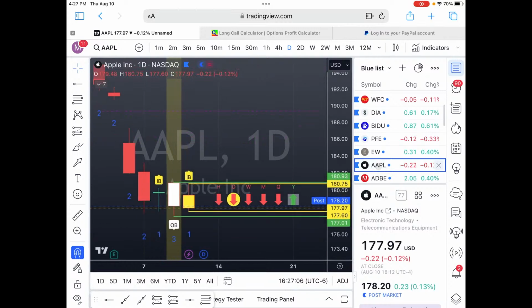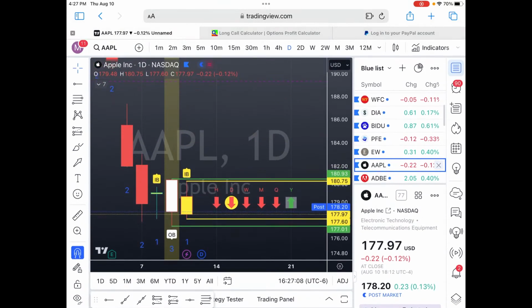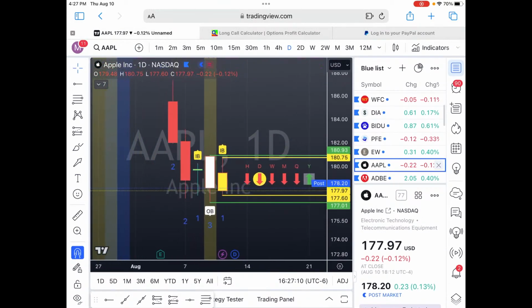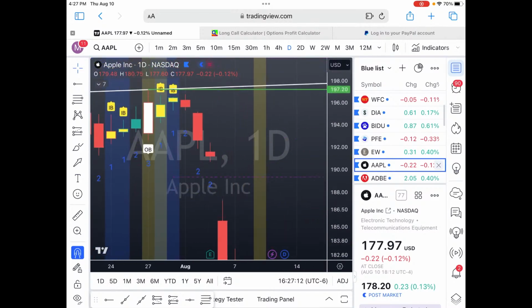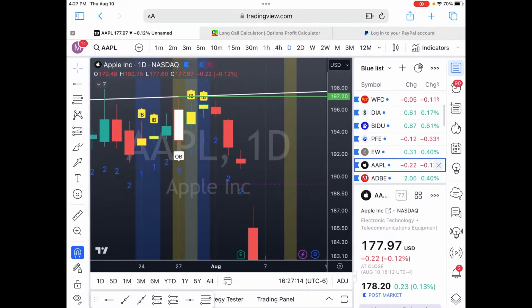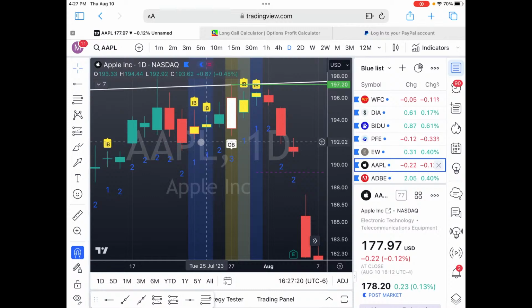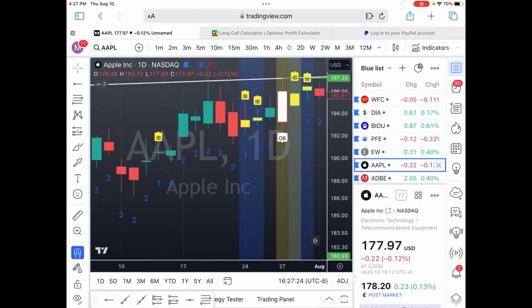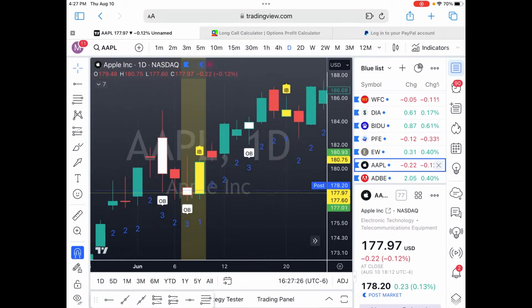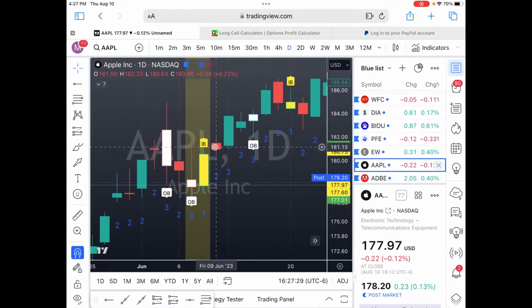We'll move on to Apple. So Apple has a 3-1 setup, outside bar, inside bar. You notice again, it's painted yellow because they don't happen very often. They're very rare. Here's another double inside bar that worked out really well over a 4-day span. Another inside bar, double inside bar that worked out really well. But we're going to look for the last 3-1 setup that there was. So we go look in the gold, and we gapped up. But this continued to trend up. So it was a big, big move. I'm going to look for one more